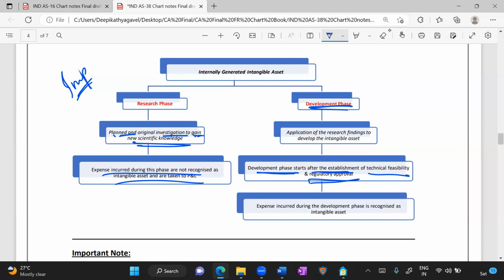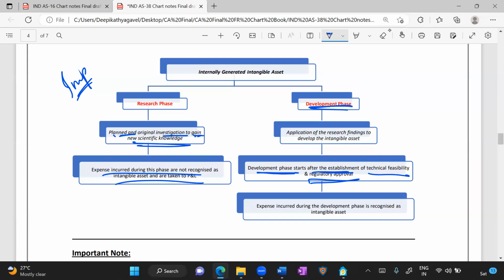So, on the research phase you came up with some formulation which, if turned into an intangible asset, will be concrete, but still the technical feasibility is not there, right? You do not have a machine or any technical advancement that can process it under 1 lakh degrees Celsius. That is not at all possible. So though you have a concrete research, can your research turn into a development phase? No, because there's no technical feasibility.